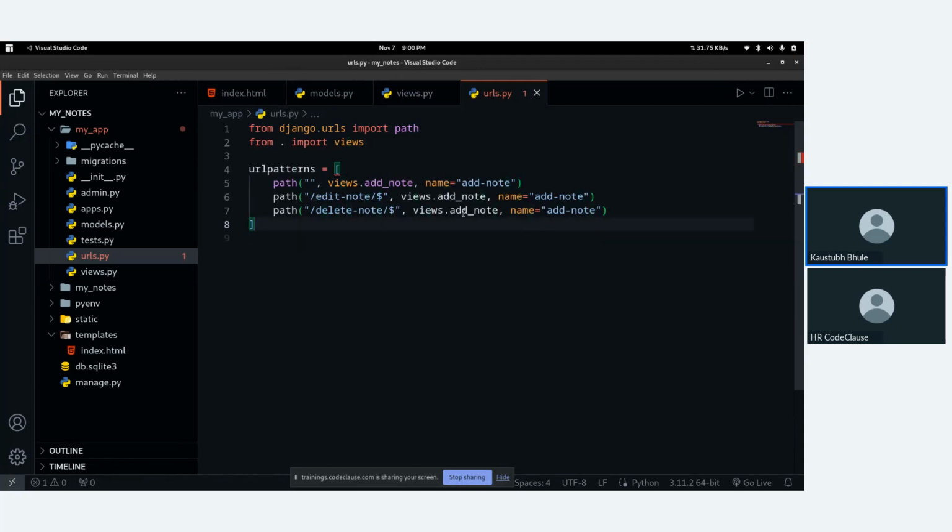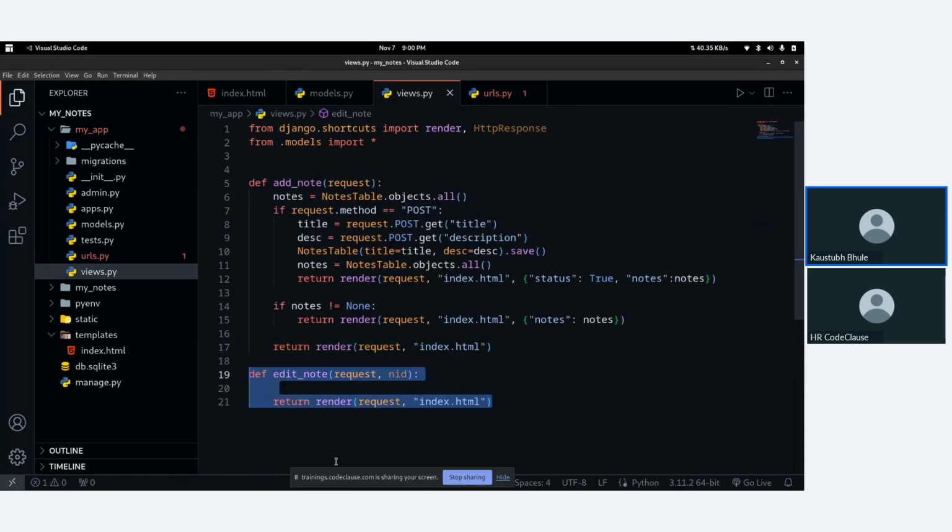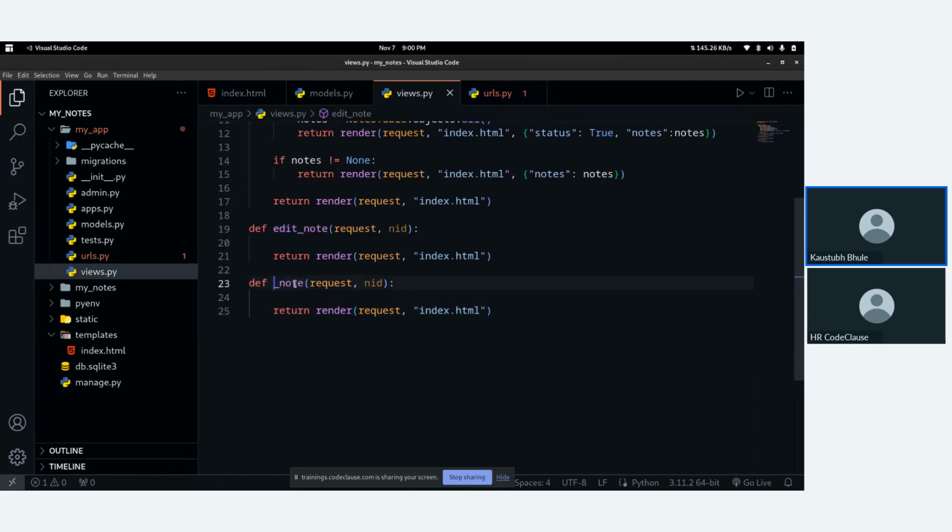Edit node, delete node. Again, it just calls the function edit node, delete_node. You also need to create another function for deleting. Delete node.